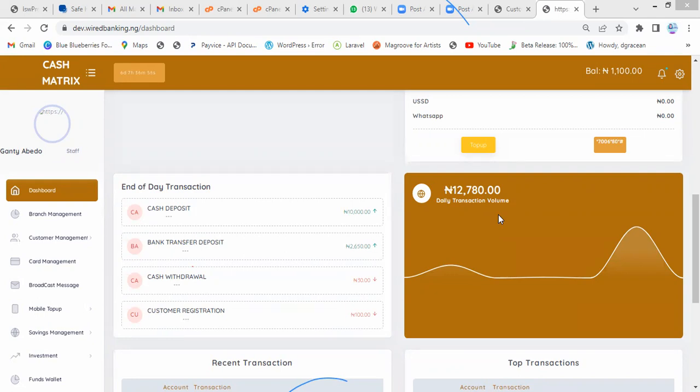Okay, so on this, let me start with payroll. On the current wire banking, our payroll does not allow you to settle or disburse your customers' salary or whatever you want to add as payroll. It only allows you to keep the record and to know how much to pay. But what we want to do on our new payroll is that as you are adding these people, you select which day you want to pay their salary. So once our system finds your wallet is funded, the system automatically pays them their